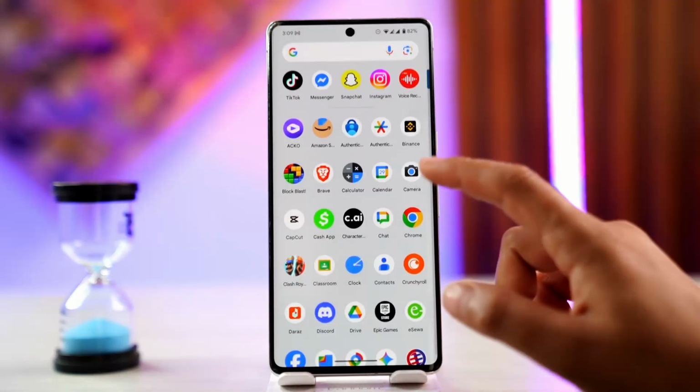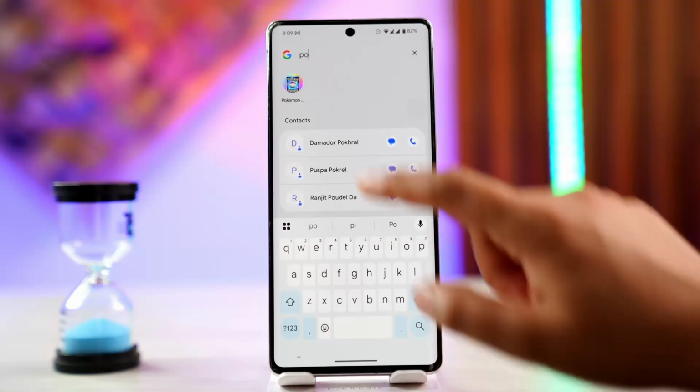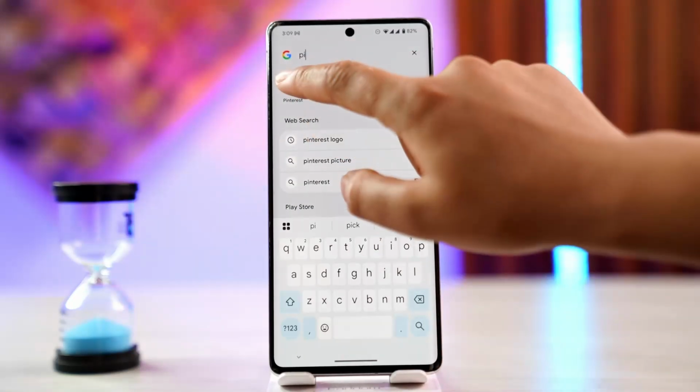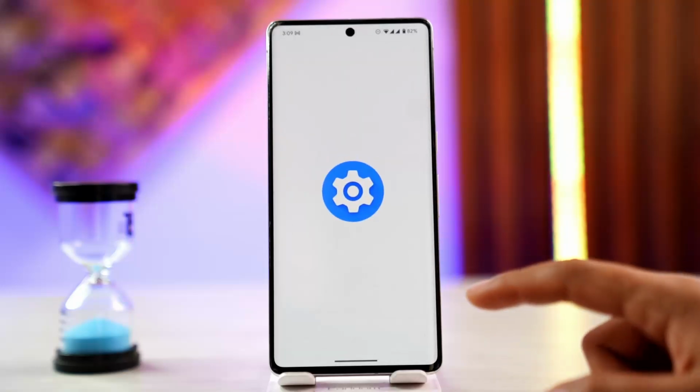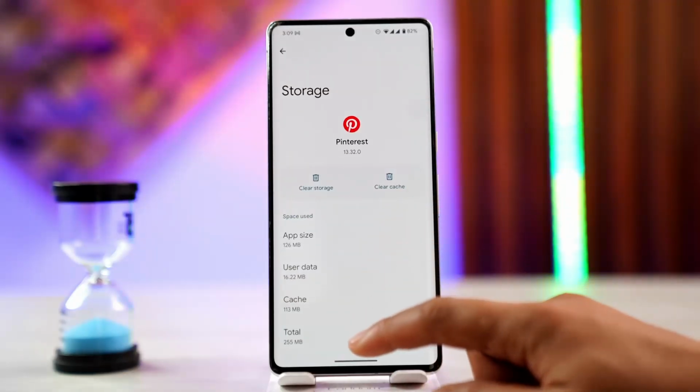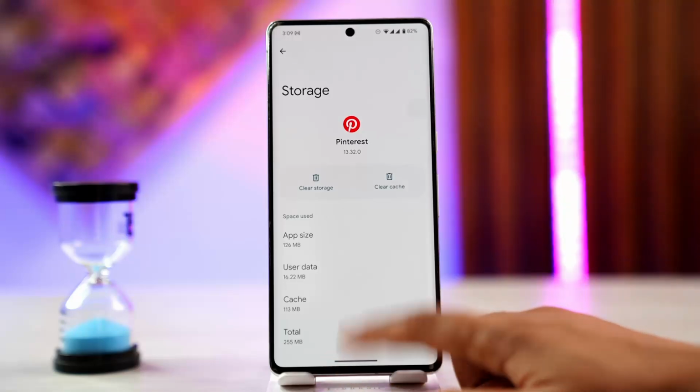cache as well as data. Long press on the Pinterest app, and you want to go ahead and go to the app info section. You come to storage and cache. Make sure to clear cache. Now clearing your storage is going to delete your data, but if you're sure about it, you could do that